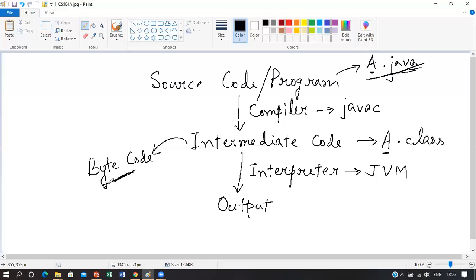Then this bytecode will be interpreted by the JVM or Java Virtual Machine to produce the output that we can see on screen. So JVM is the Java Virtual Machine that is used as an interpreter in order to interpret the bytecode and to produce the output. Bytecode cannot be understood by human beings. Bytecode can only be understood by JVM or the interpreter. So this is the flow of execution of a Java program.